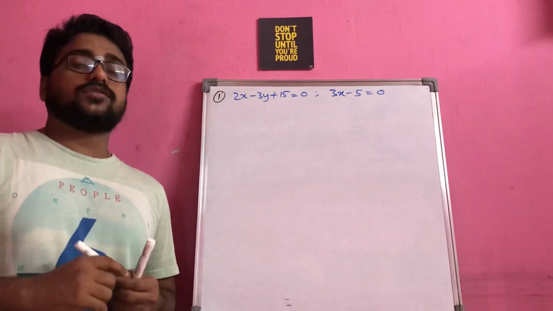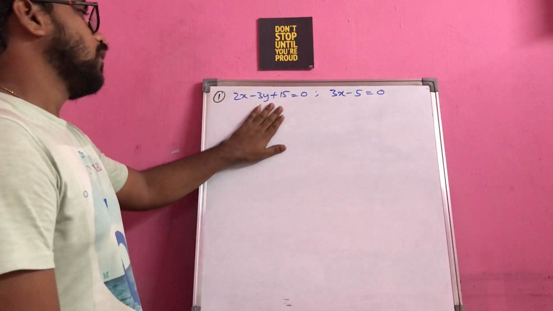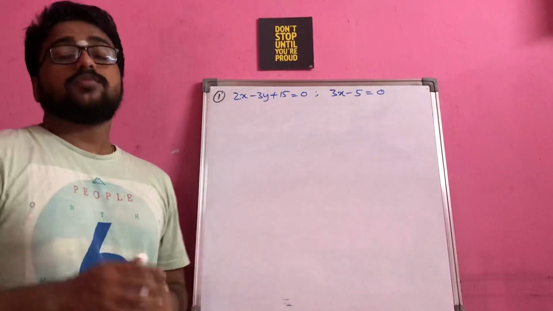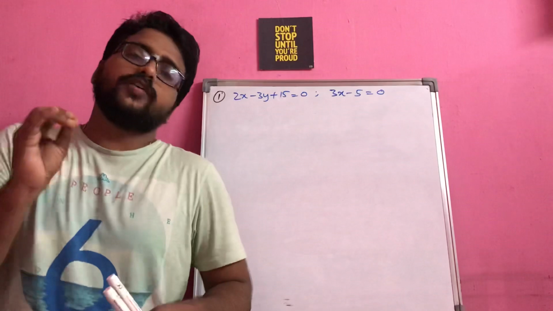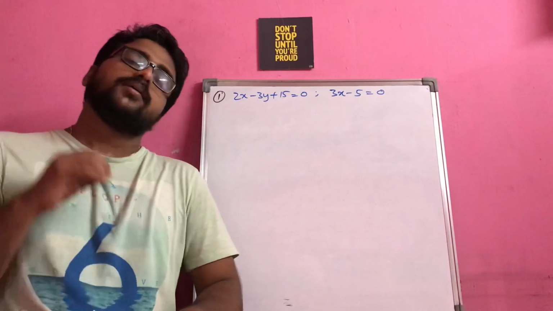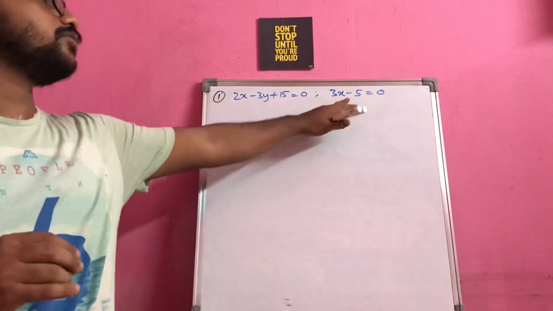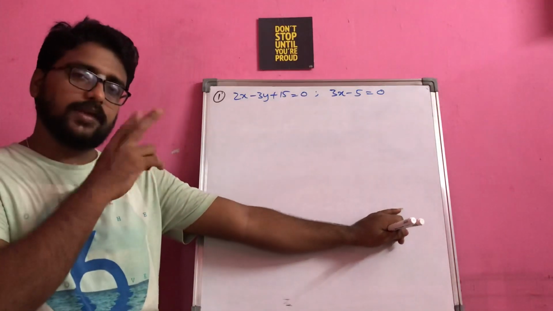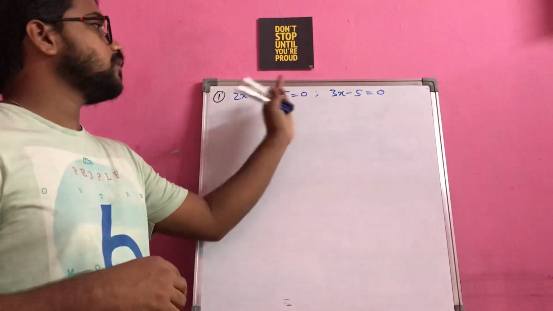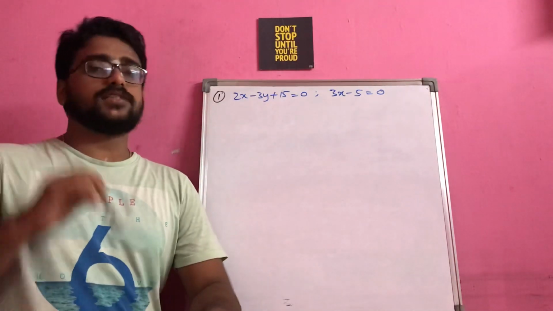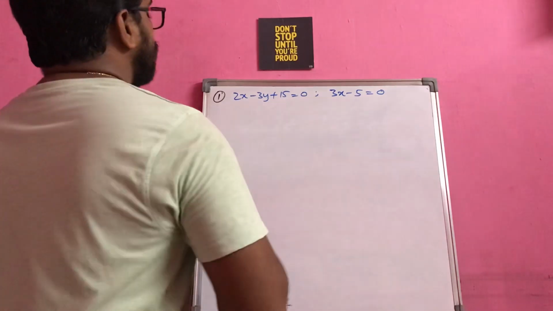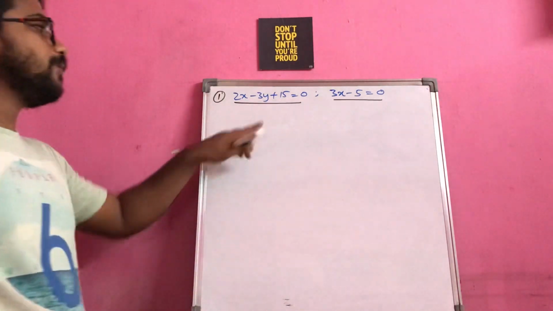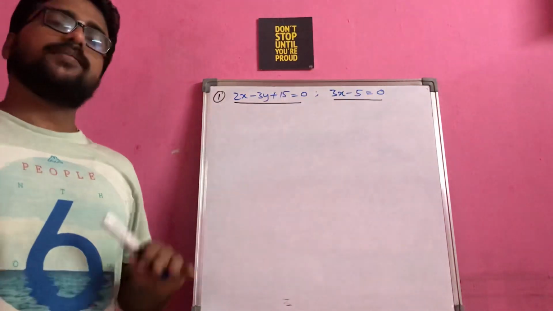Now the question that comes here is, do we have to get the value of x or y from the first equation or from the second equation? My suggestion is, whichever equation looks easy and simple, start with that equation. Get the value of x or y from the simpler equation, and then substitute in the second equation. That will be the easiest way for us. Here, the first equation has two variables, but the second has a single variable only. So compared to the first equation, the second one will be a little easier for me.